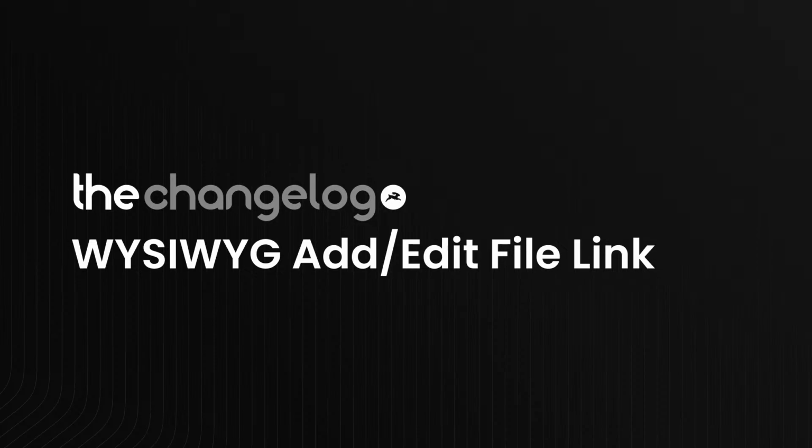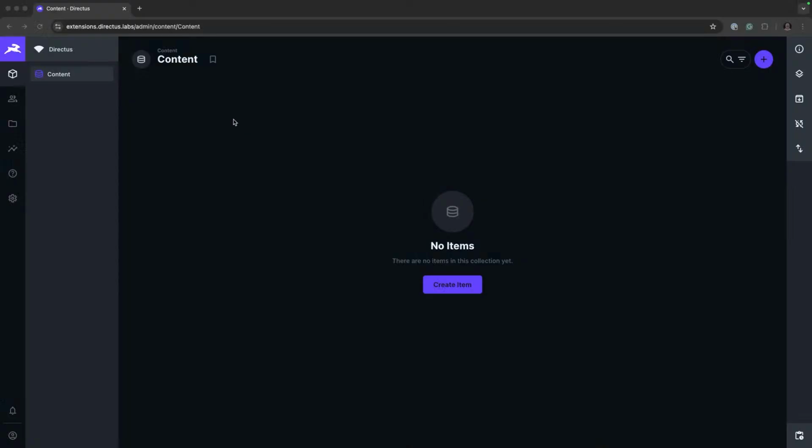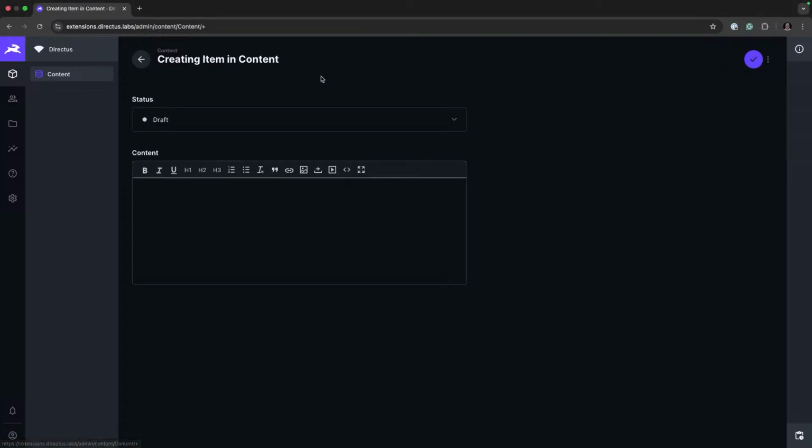This extension that we'll be looking at is the WYSIWYG add edit file link. So if we create an item, this is the selected field. There is a new add edit file link button. So if we have some content